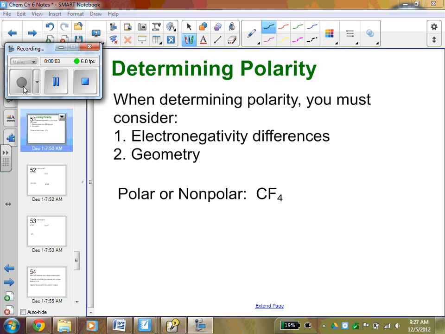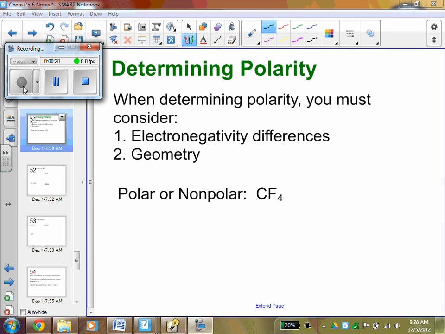Okay, just wanted to give you guys a quick video on determining polarity. When you determine polarity, you must consider two things. You have to consider the type of molecule that you have, the geometry of the molecule, and then you have to consider the electronegativity differences. Because here's the thing,